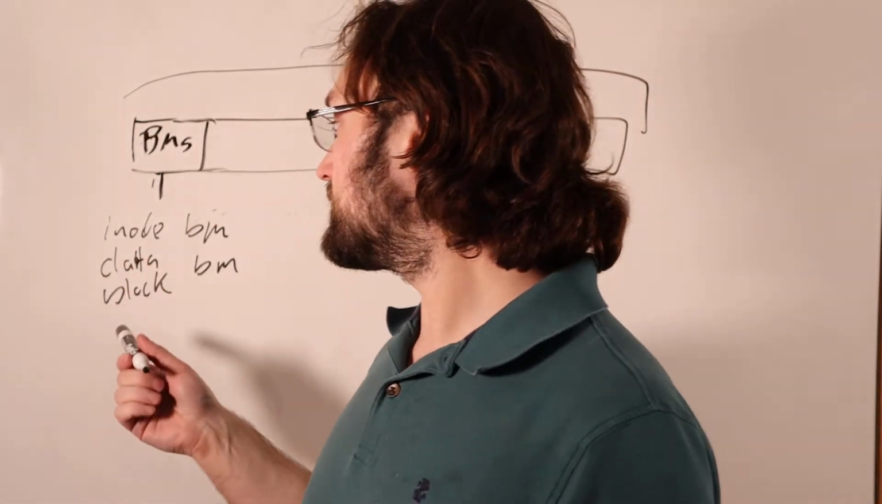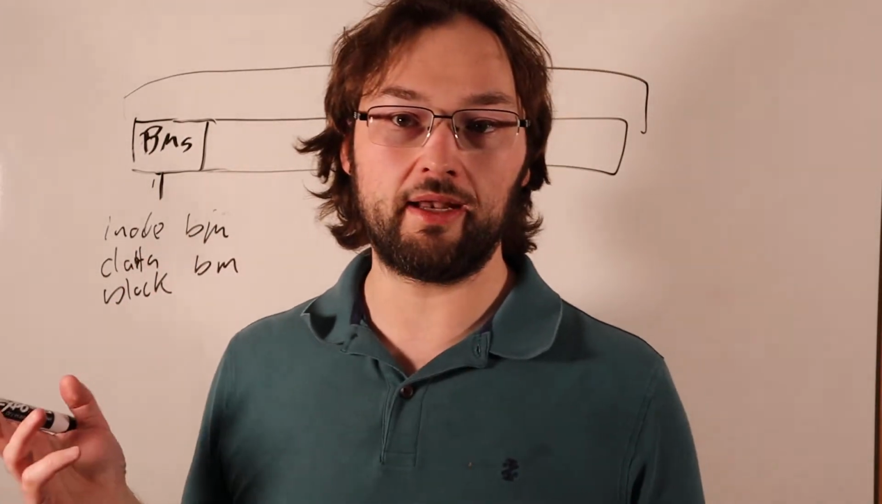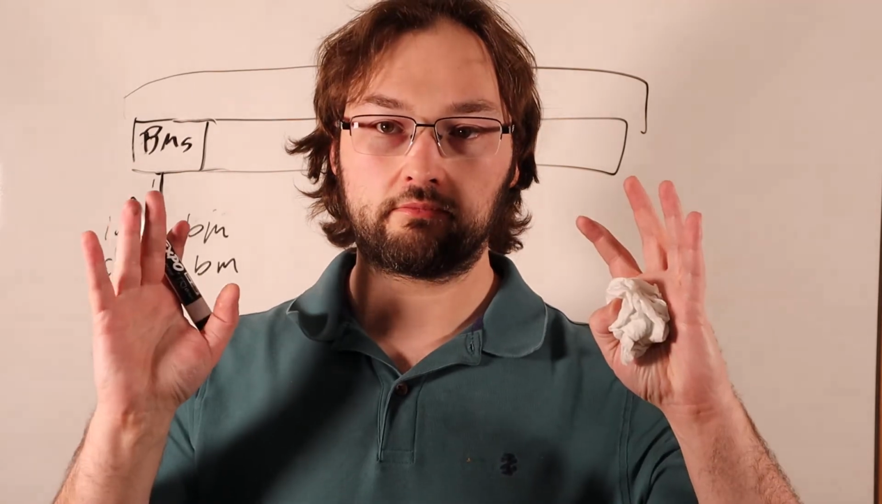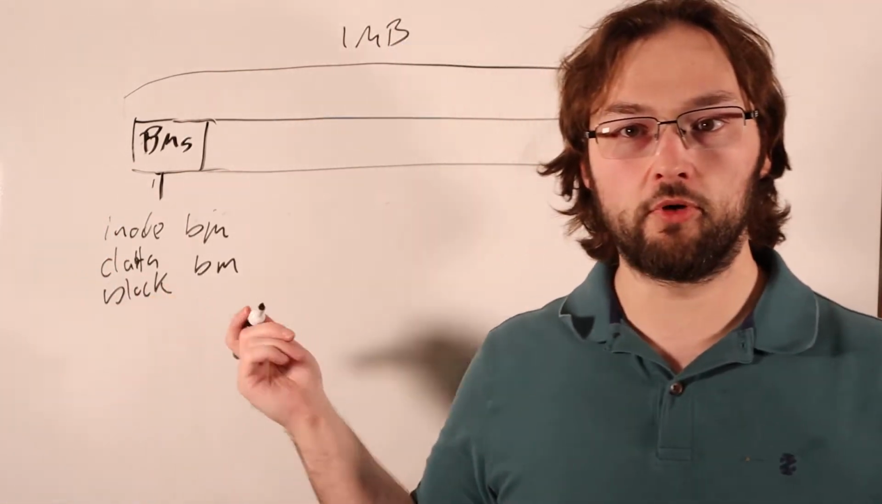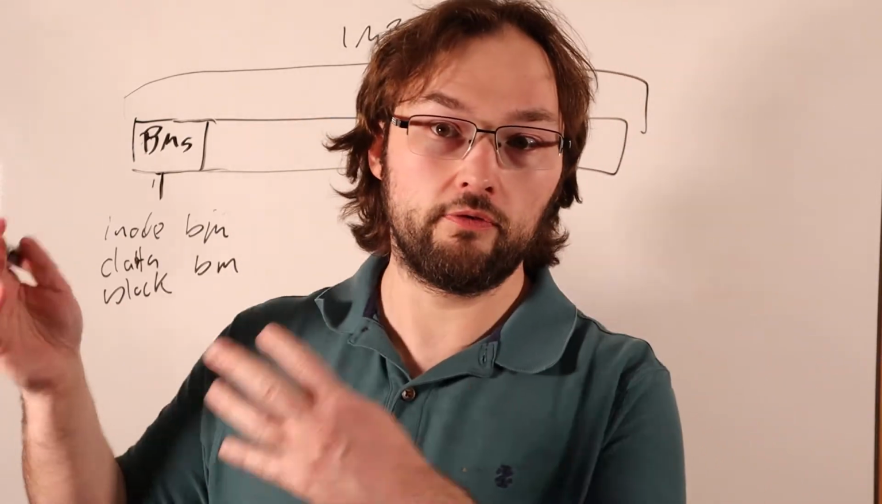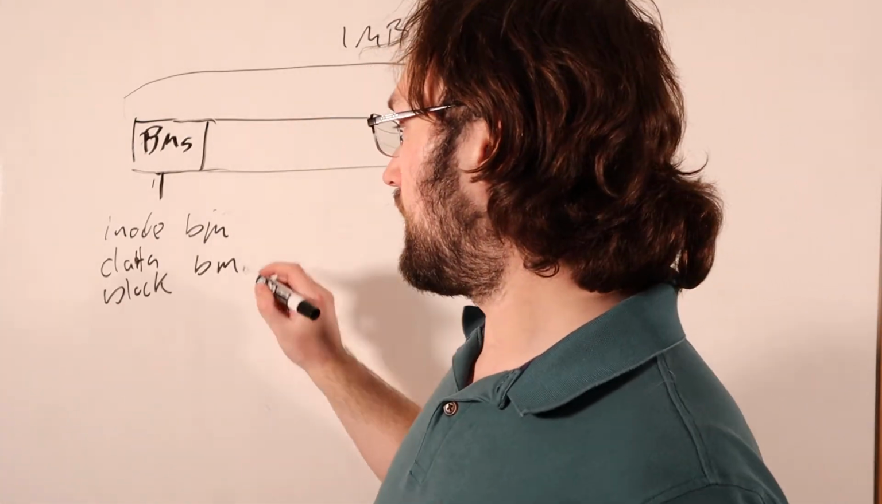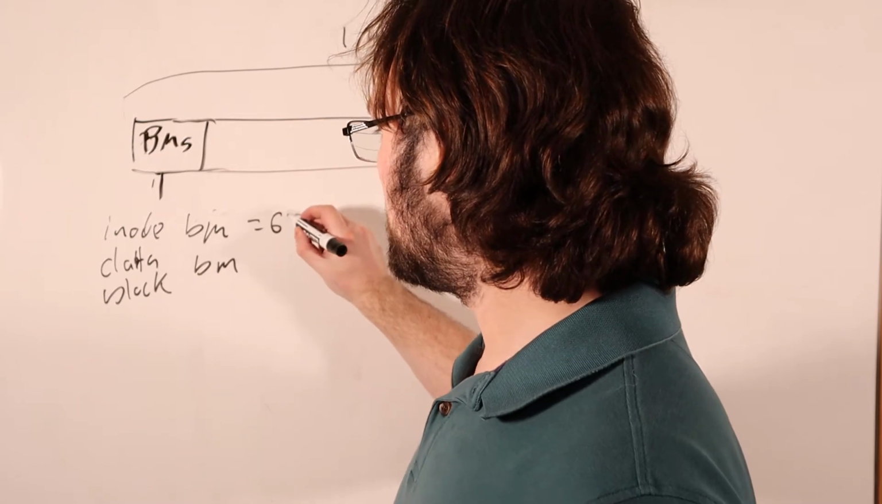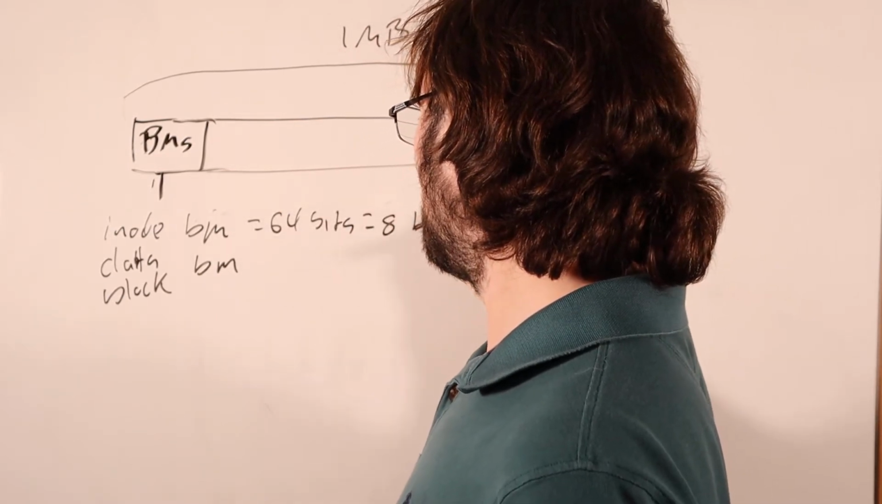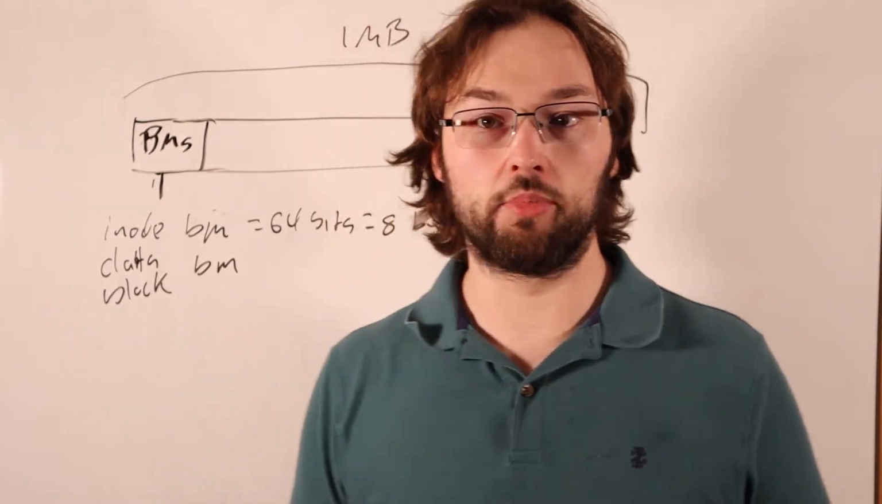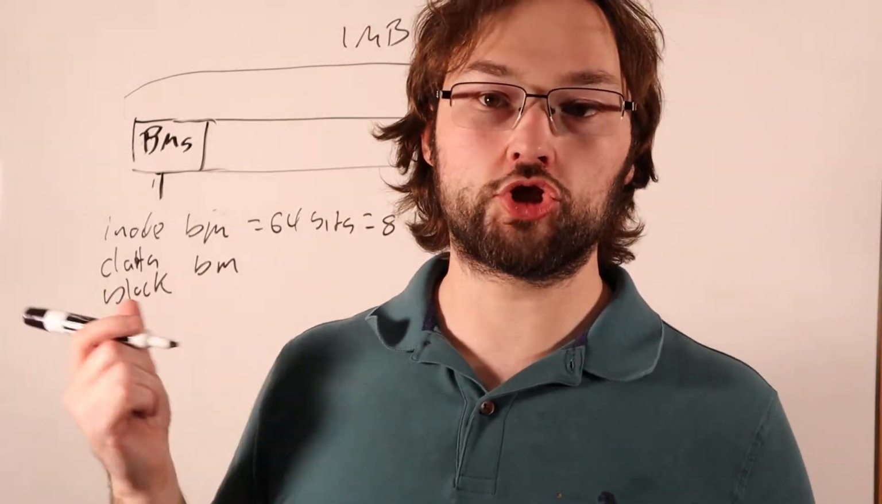So these bitmaps, the inode bitmap has to be 1 bit per inode in our file system. So if you remember from our example, we had said we were going to do 64 inodes for this example. So that would mean that our inode bitmap is 64 bits, is 8 bytes. We probably don't need to spend an entire block on our inode bitmap. We might be able to share